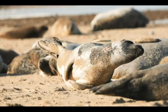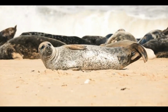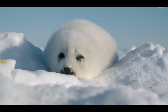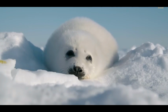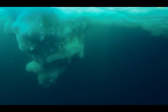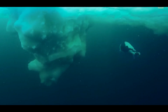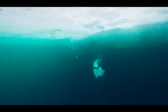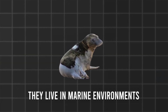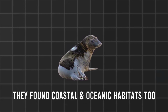These seals are typically found in colder, polar waters, and they migrate over long distances to find food and breeding grounds. Harp seals, for example, migrate between their breeding grounds in the Gulf of St. Lawrence and their feeding grounds in the Arctic Ocean. Overall, the distribution and habitat of seals varies depending on the species and the location. However, most seals are adapted to living in marine environments, and they're found in a variety of coastal and oceanic